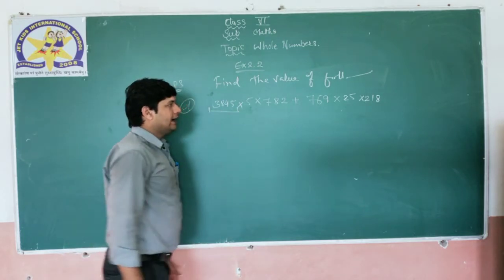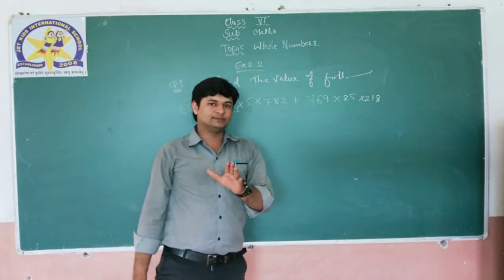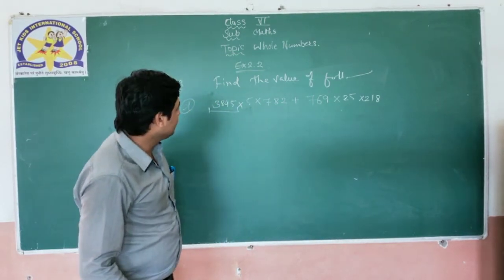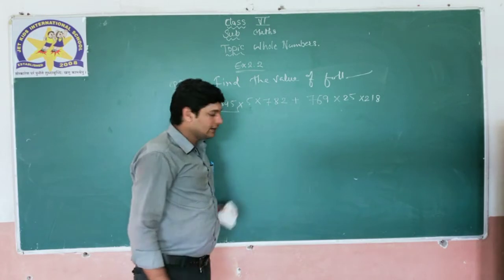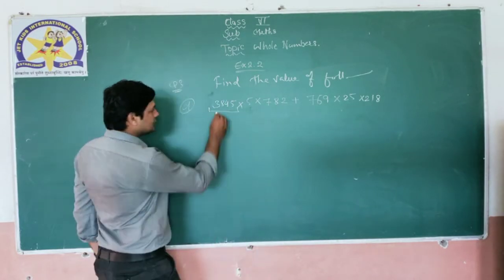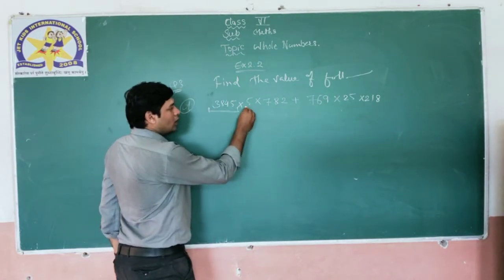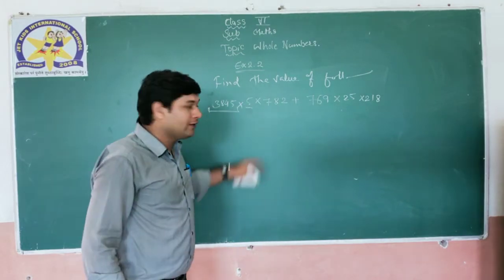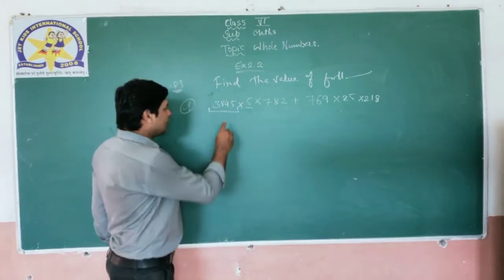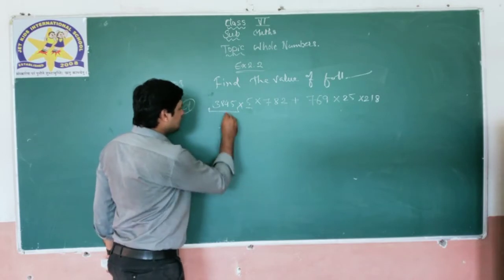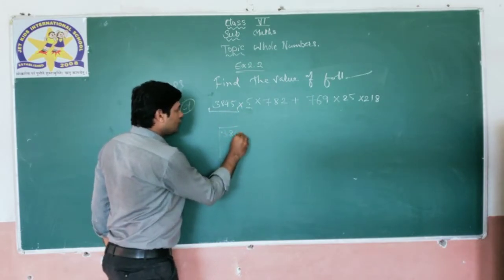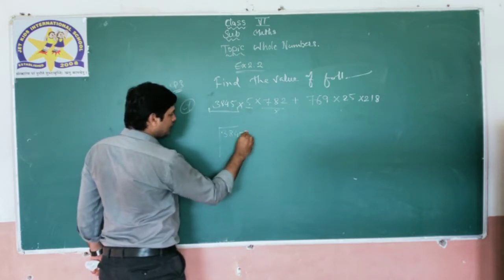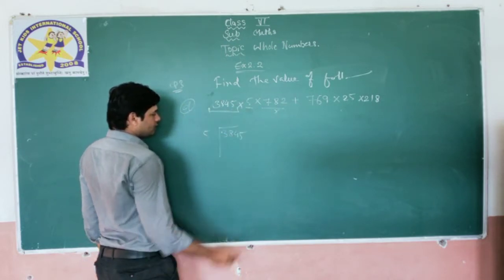3845. Okay, I am making things common. Now what I am doing, I am making these things common, right? And how I am going to do this, please pay attention. Just look at this. How much I need to make it 25? It should be multiplied by 5 to make it 25, right? So that's why I am dividing this number 3845 by 5, because it is divisible.